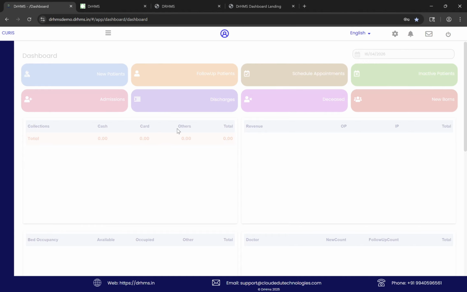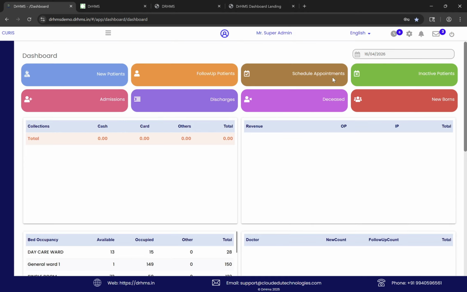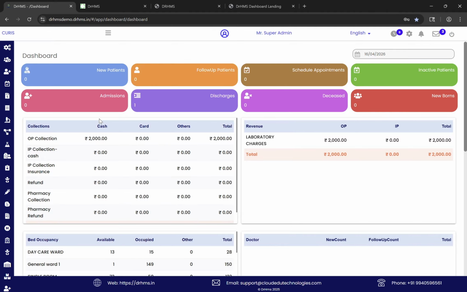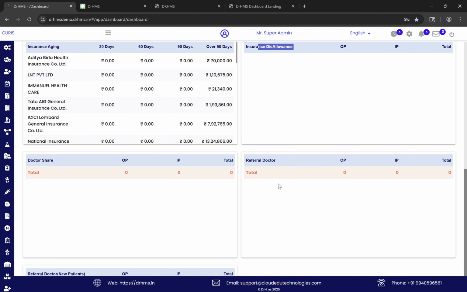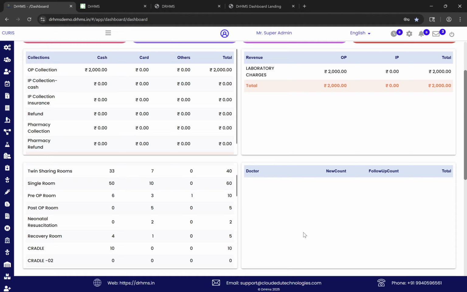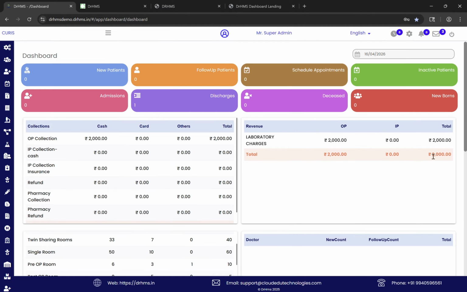As I told you, it's a completely multi-tenant application. Based on the permissions, the other facility branches can be seen here. This is the dashboard where the administrator can see the collections and revenue happening today, bed occupancy, doctor-wise revenue, insurance-wise aging, outstanding aging, disallowance for the insurance, and doctor share for internal and external. This is a quick, real-time dashboard for admin purposes, and based on the date range you can check the data set for